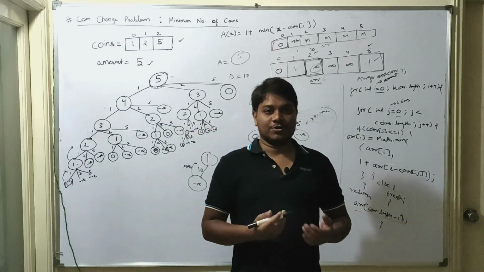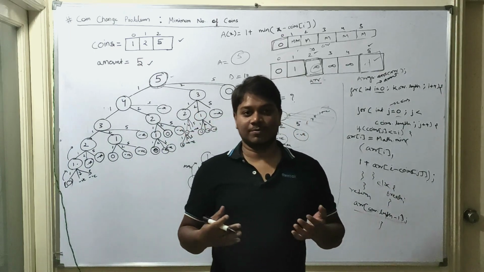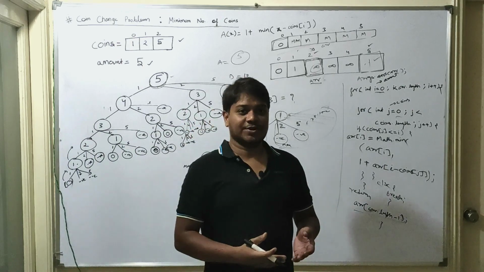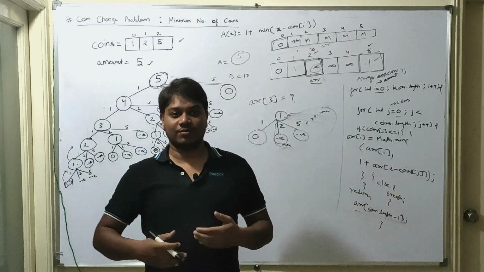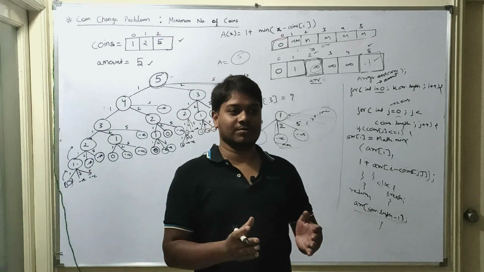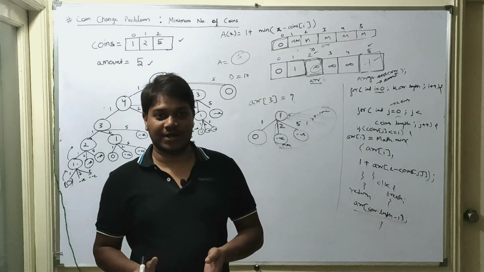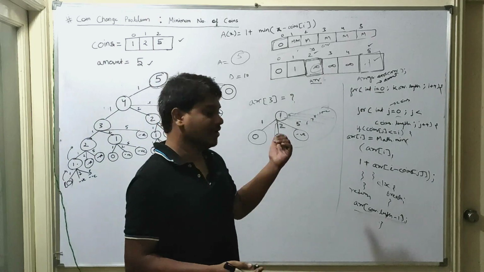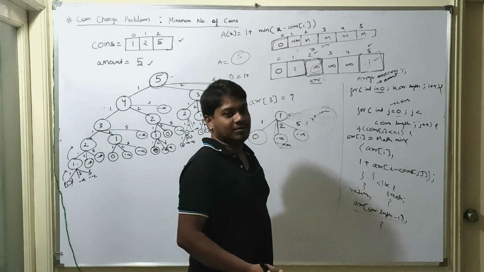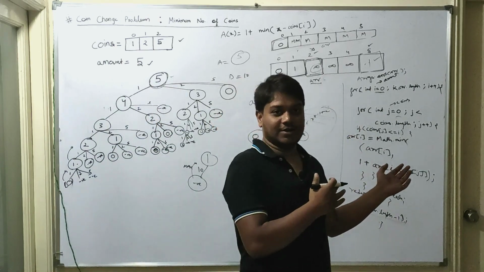Okay, so this is all about minimum coin change using dynamic programming. Do watch the previous video, which will give you an insight as to how the problem is broken down into smaller sub problems. And then you can look into this one, which will help you optimize the previous code which I had written.